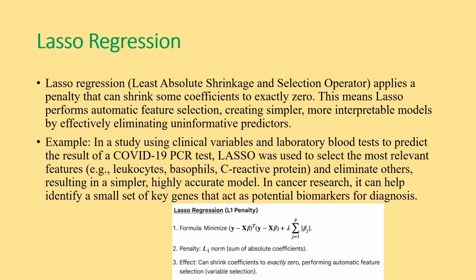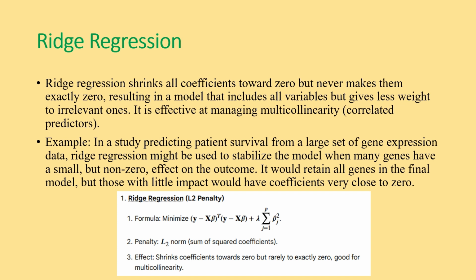For example, in a study using clinical variables and laboratory blood tests to predict the results of a COVID-19 PCR test, lasso was used to select the most relevant features, leukocytes, basophils, and C-reactive protein, and eliminate others, resulting in a simpler, highly accurate model. In cancer research, it can help identify a small set of